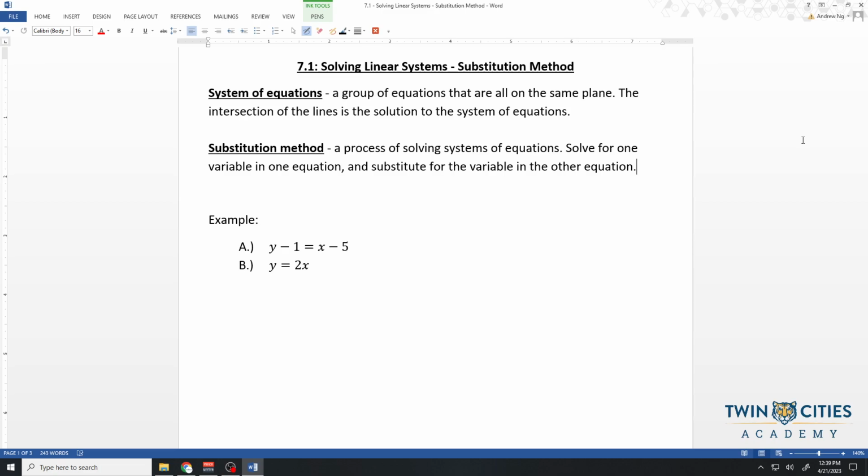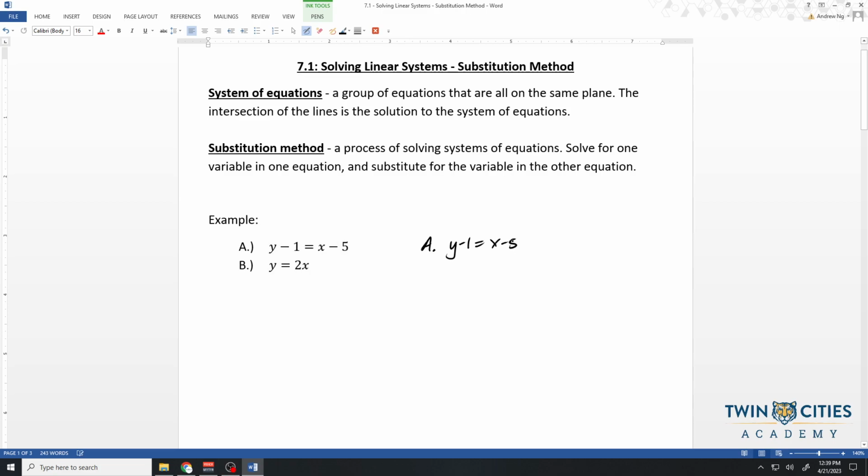Let's begin with the first example. y minus 1 equals x minus 5, and my second equation says y equals 2x, which tells me that everywhere in this system, every time I see a y, it is the same as 2x. So I'm going to take this y equals 2x, and I'm going to substitute into the first equation, equation A. So equation A says y minus 1